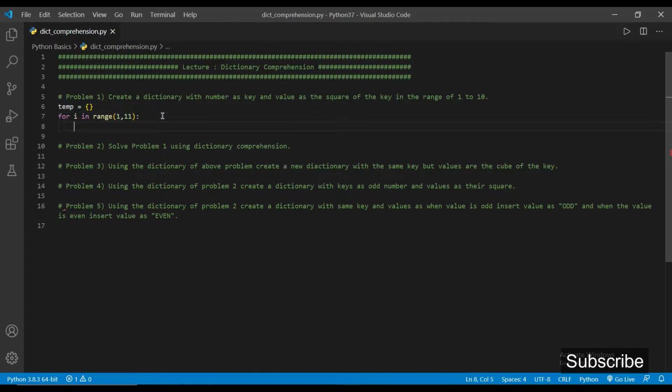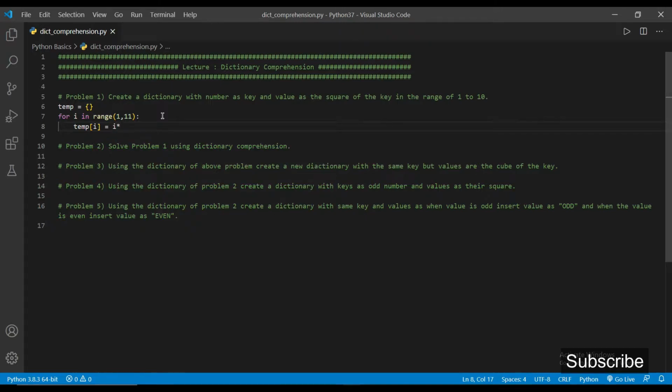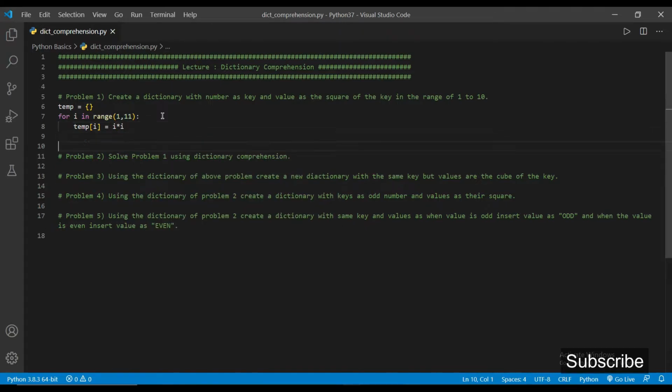Now to insert the key value pair, we write temp, and inside square brackets we write i, and as a value we want the square of the key, that is i into i.